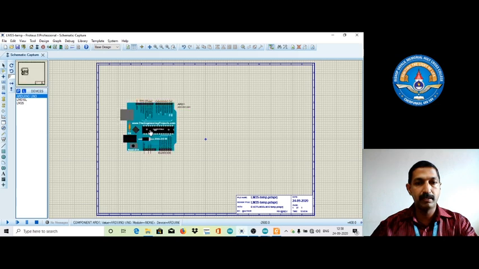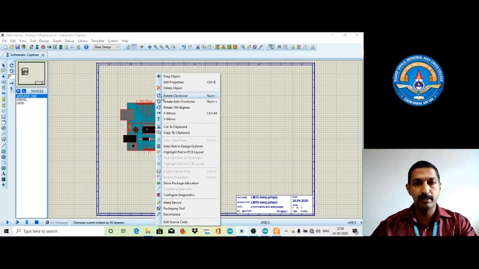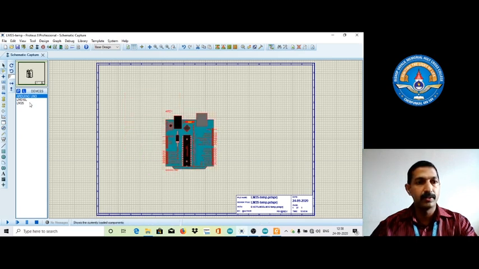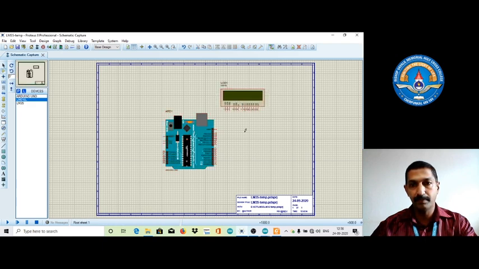First of all, we are placing the Arduino Uno board. We need to rotate it clockwise. I need to place the LCD display the same as in the previous session.